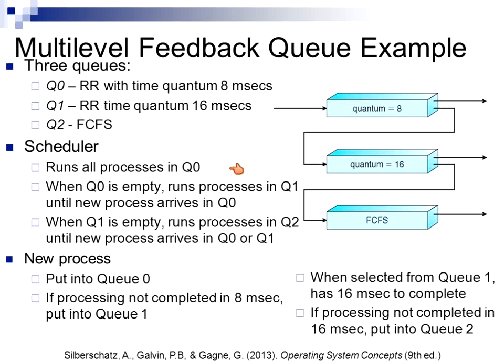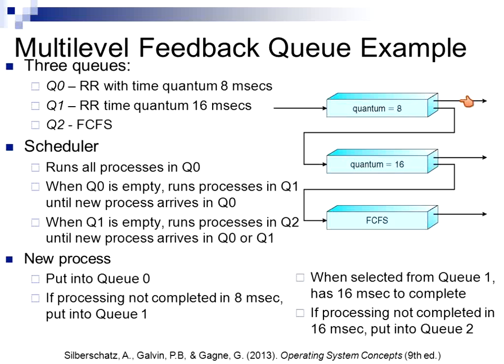The scheduler will run all processes in Q0. When Q0 is empty, it'll run the processes in Q1. But if a process arrives in Q0, which is the higher priority, it's going to preempt whatever was going on from Q1